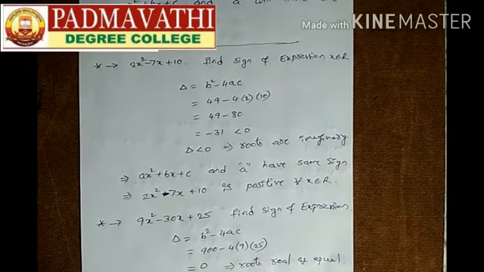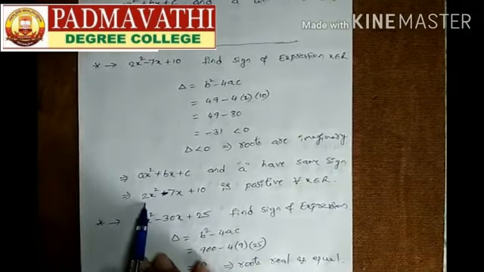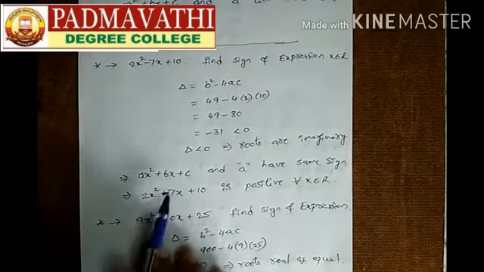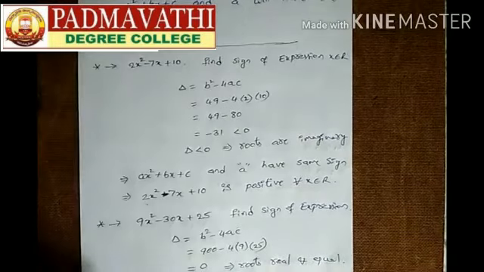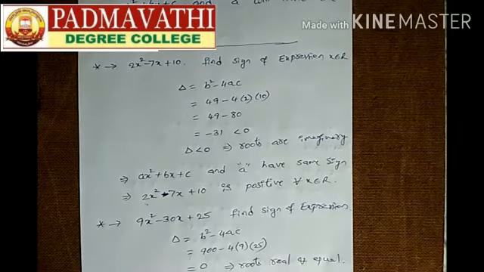Right. So in the theorems, the first theorem says ax square plus bx plus c and a have the same sign if roots are imaginary. Here the a value is 2. In this expression a value is 2. So 2 is a positive number. So definitely this expression is also a positive value for all x belongs to R. So we can write 2x square minus 7x plus 10 is positive for all x belongs to R. Means if you are choosing any x value from real numbers, definitely the expression will give a positive value.